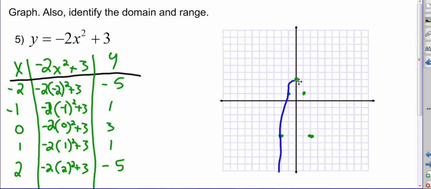Okay, it'll look something like that. Terrible looking, but I think you get the picture. That's how we do number 5. And oh, we also have to